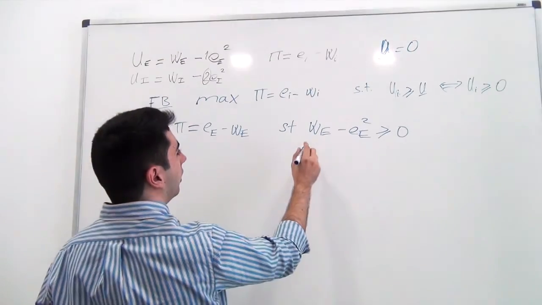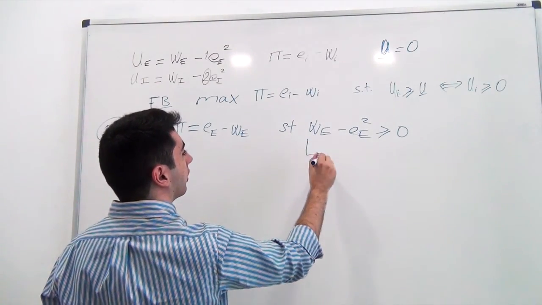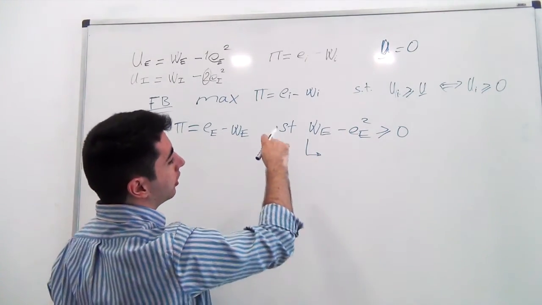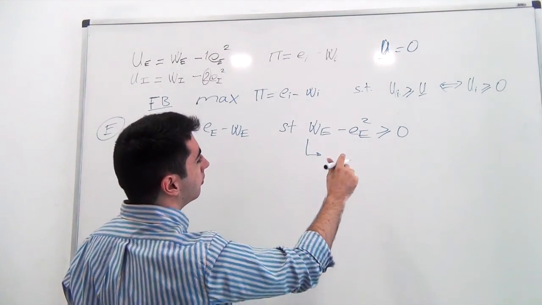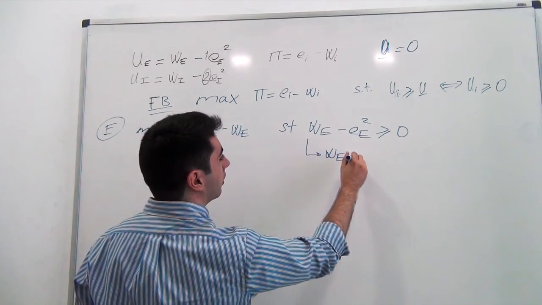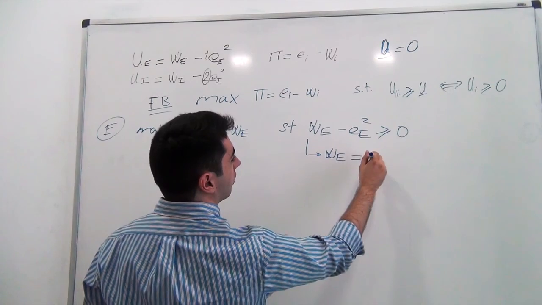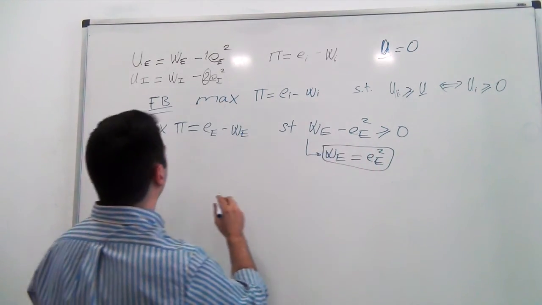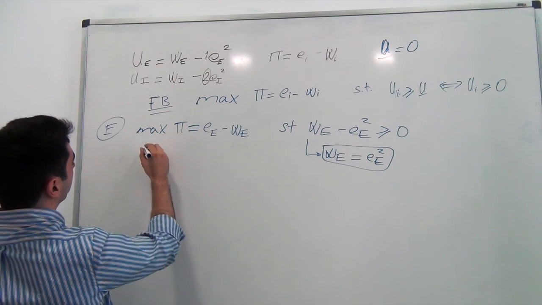And at the optimum, because the principal can control the wage he pays, it's going to be simply this. Then this turns into